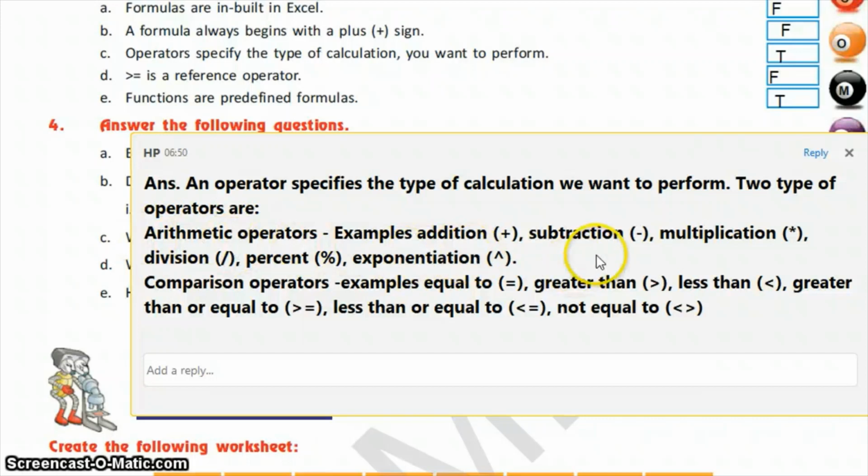Examples are addition, subtraction, multiplication, division, percent and exponentiation. These are the different arithmetic operators. And next, the second one is comparison operators, and examples are equal to, greater than, less than, greater than or equal to, less than or equal to, or not equal to. So these are the two types of operators and the examples of it.